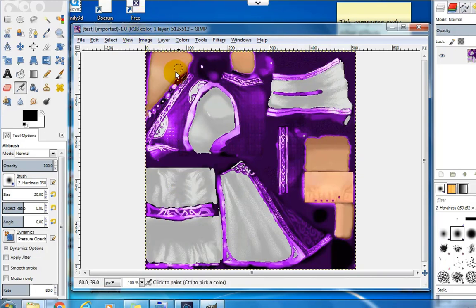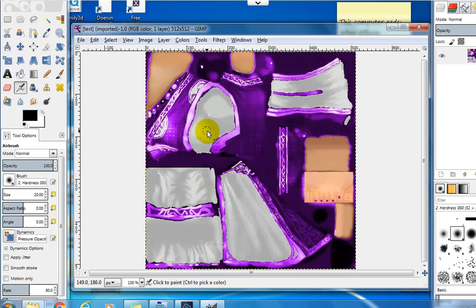Now, when you originally make a DDS file, it has no color on it at all, and you would have to piece out all of these parts based on what it will look like on the mod or the mesh, which is usually created with other programs such as Blender